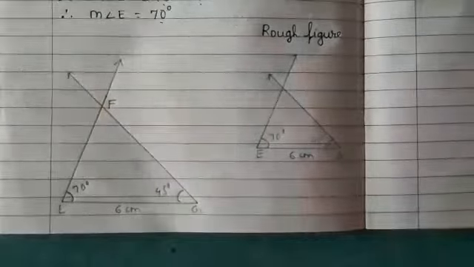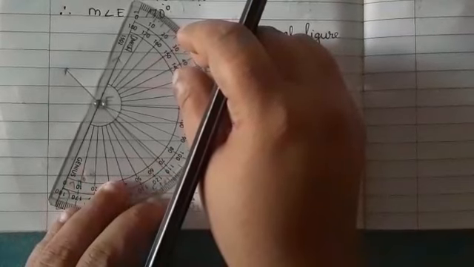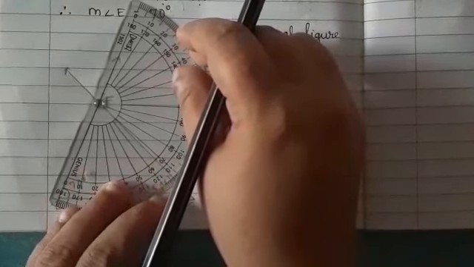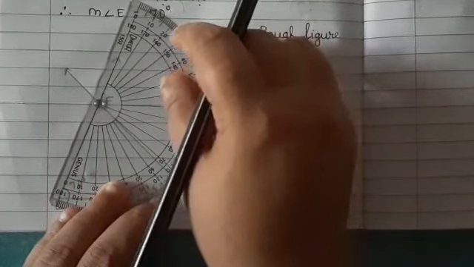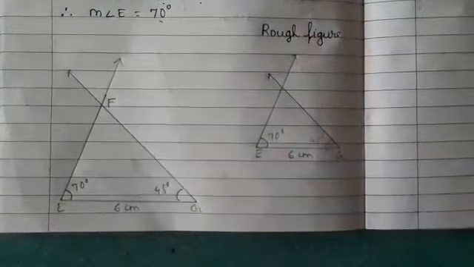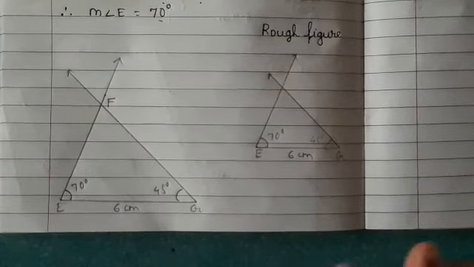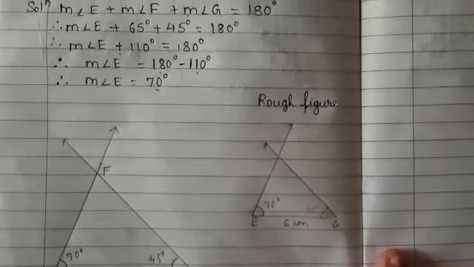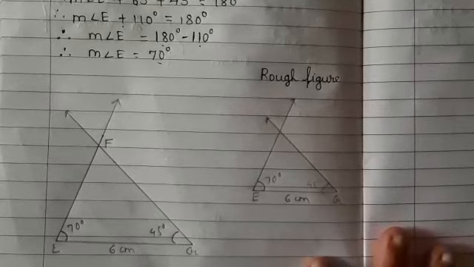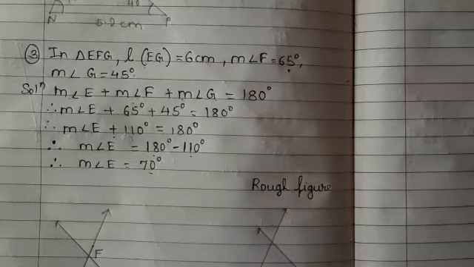Now if I keep my protractor on F in this way, see here, keep it properly, it is 65 degree. Okay, you can see when you keep it, it will be exactly 65 degree. Okay, so this is how we are constructing question 3. Okay, so take a screenshot and complete the construction. So did you all understand? Yes, so only the fourth sum is not solved.